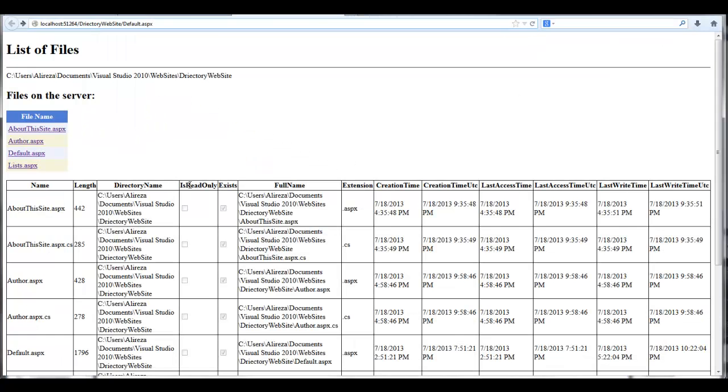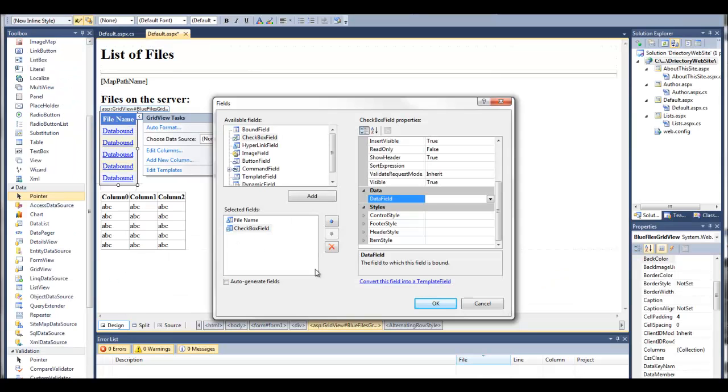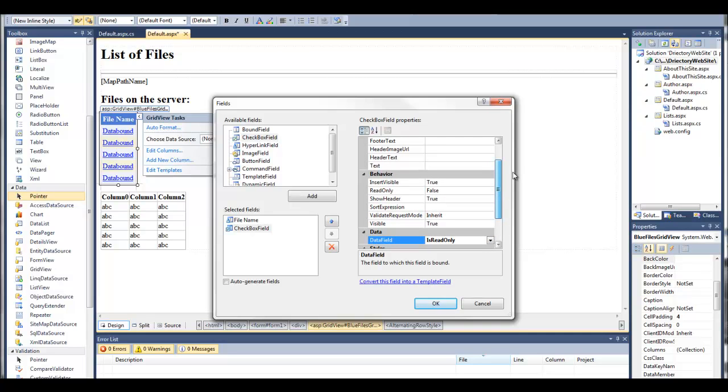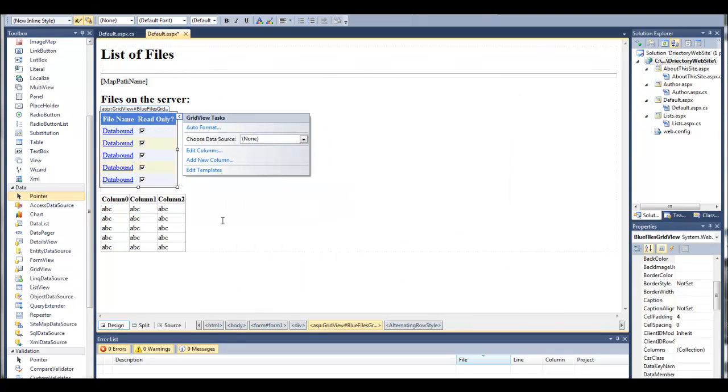It's called is read only. I'm just going to copy it and then paste it into the data field here, and then for the header, I just don't want it to be just is read only as one word. I'll do read only question mark, and then press OK,